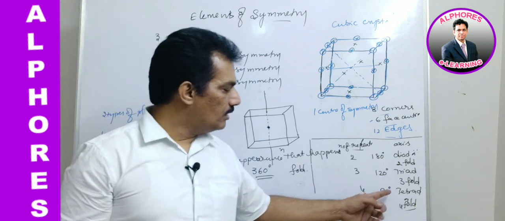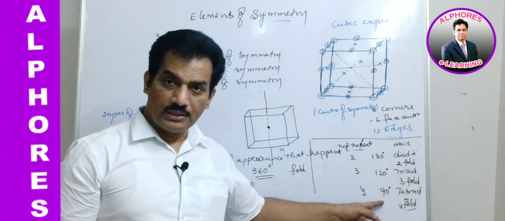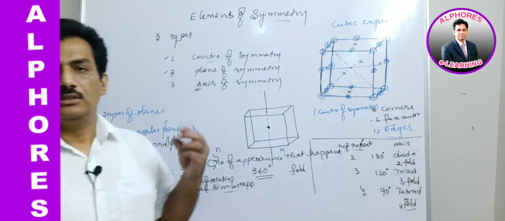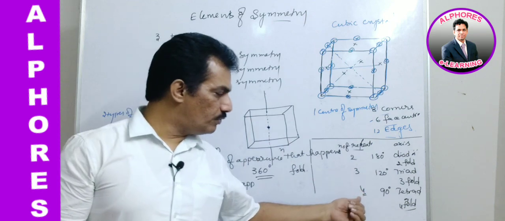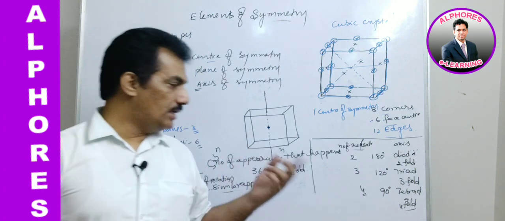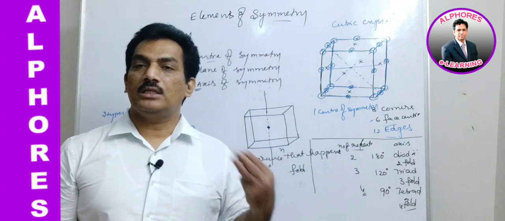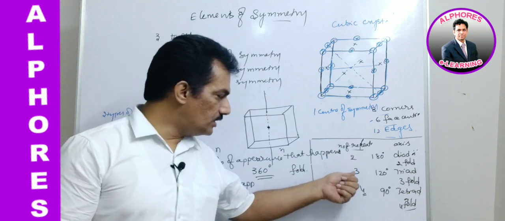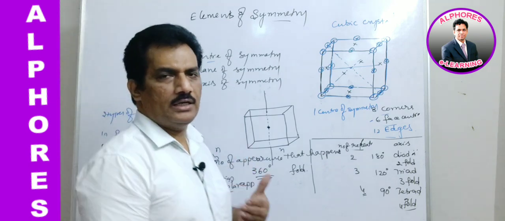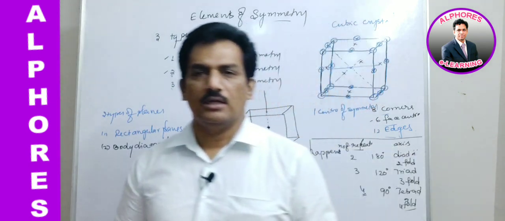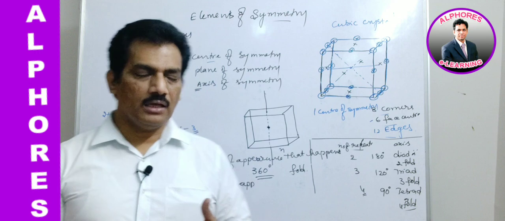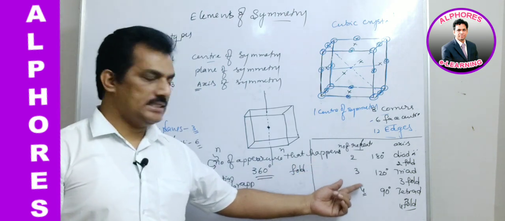Here also we observe that 90 degrees will create the similar appearance. For every 90 degrees, if it creates a similar appearance, by 360 degrees of rotation, the similar appearance will happen 4 times. So it is fourfold. If for every 120 degrees a similar appearance happens, then 360 by 120 is 3 similar appearances, and hence it is threefold axis. Like that, if for every 72 degrees we get the original appearance, then 360 by 72 is nothing but fivefold axis. Like that, different fold axes are present.